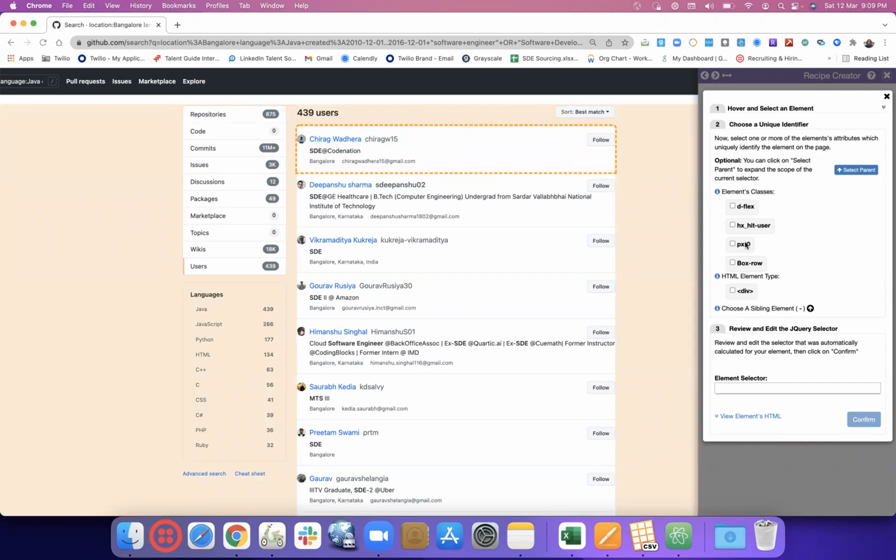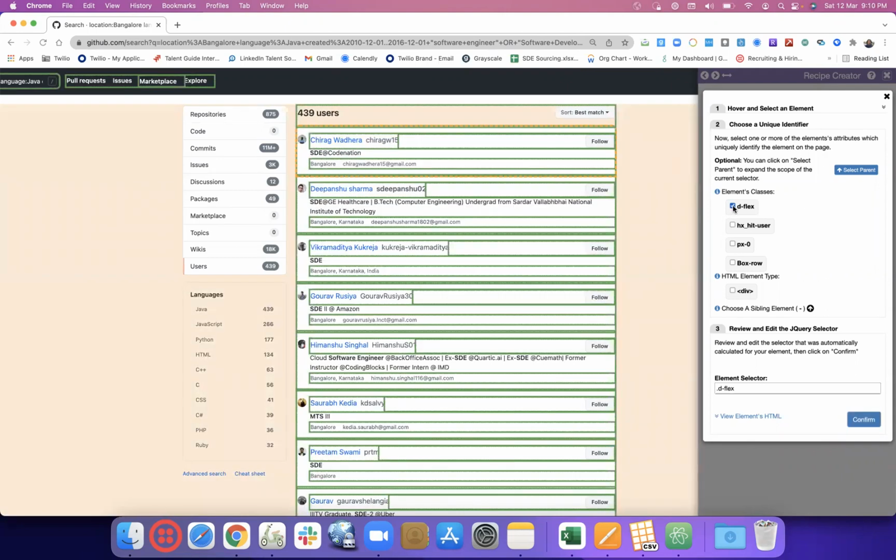Now once we select this particular row, we want to see whether there is an element from here, a particular option, which selects all the boxes. So let's say we select this. It's selecting all the boxes, but it's also selecting some unwanted box. So we don't want that.